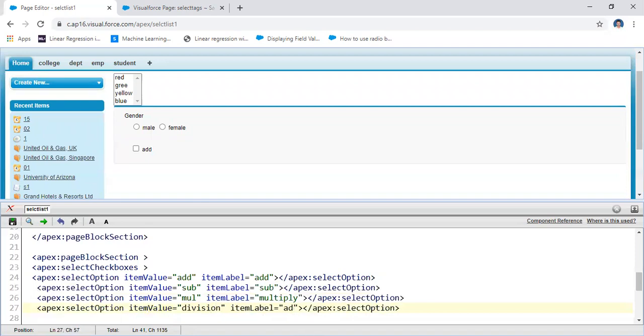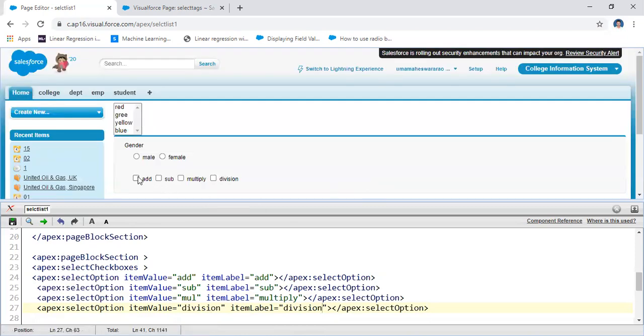Yes, it has the division. That means it displays related checkboxes. It has a number of checkboxes. You may select more than one checkbox at a time, and then display the result.